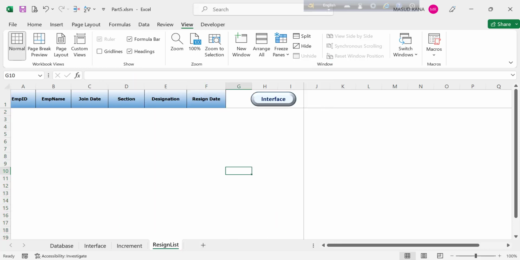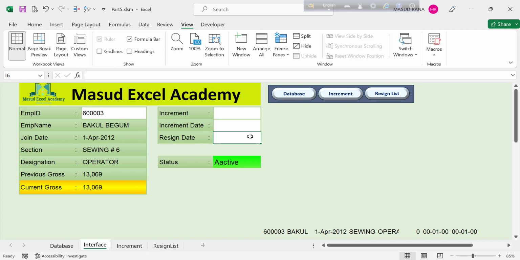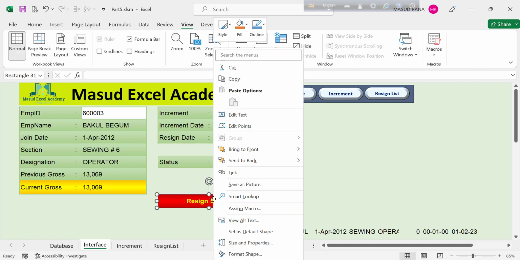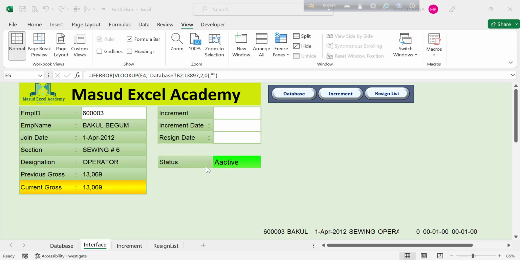Okay, now go back to the interface and input an ID here, 60000, and put a resign date here, 1/2/23. Then select the auto shape and assign macro. Select the resign one. Now we try to transfer this data